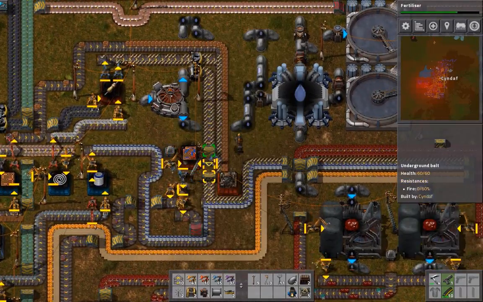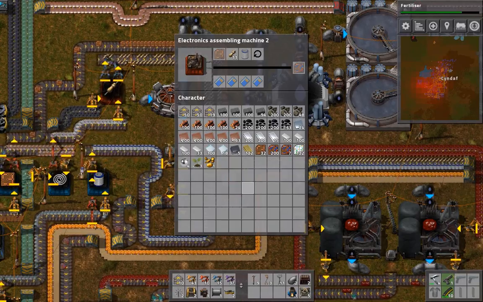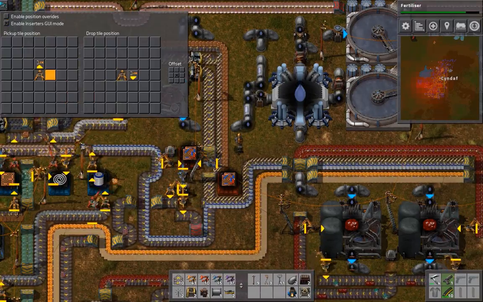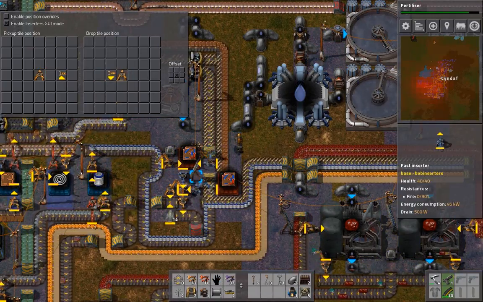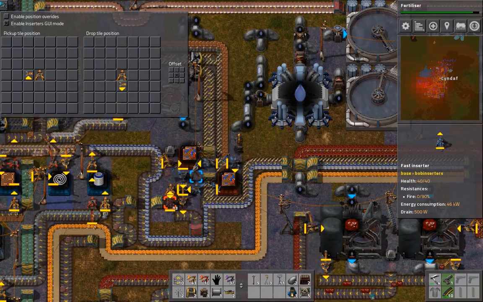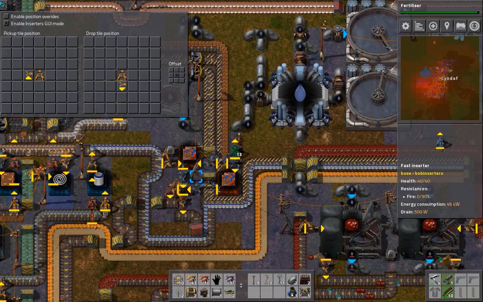Who knows? I also need you to do that. So I'm going to need to pick up from here and drop here on this one. I'm going to need to pick up from here and drop here on this one for the wooden boards, and pick up from...